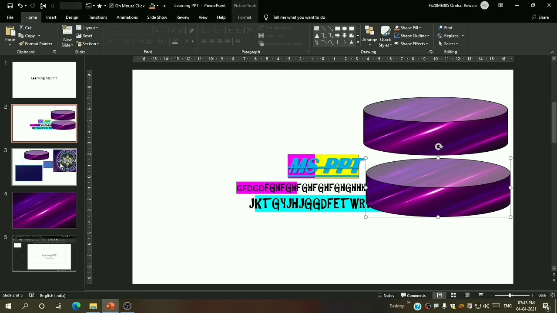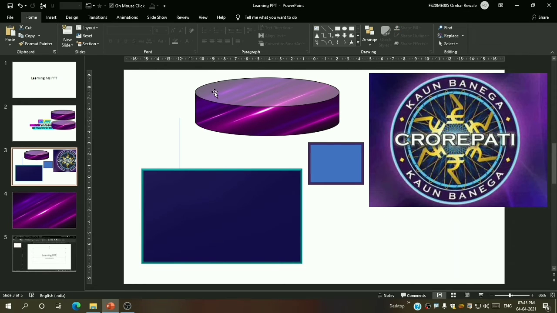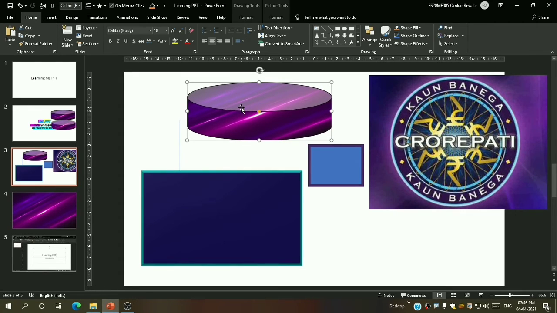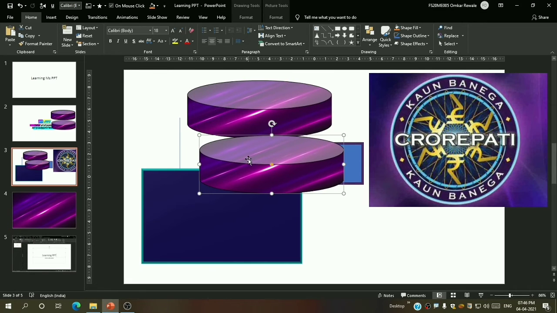So now we have covered how to copy and how to paste. The shortcut for copy is Ctrl plus C and the shortcut for paste is Ctrl plus V. Now how to duplicate? Duplicating a shape is very easy. For that there is one more shortcut key: we press Ctrl plus D, and you can see the shape is duplicated.